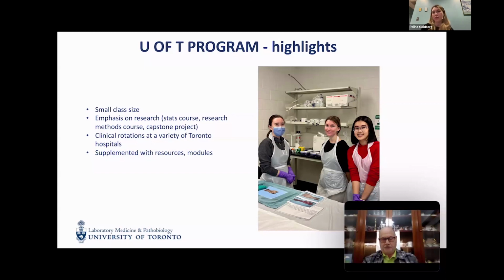And finally, I found that the people who run this program are very dedicated. They supplement the courses with a lot of resources, modules. There are so many resources to learn from, and they're all very happy to provide extra information. They make the program fun, like what Will talked about, that little thing we did with the Play-Doh, where we were able to create a fake specimen and then learn to gross it. All of that made the program much more engaging and just a better learning experience.